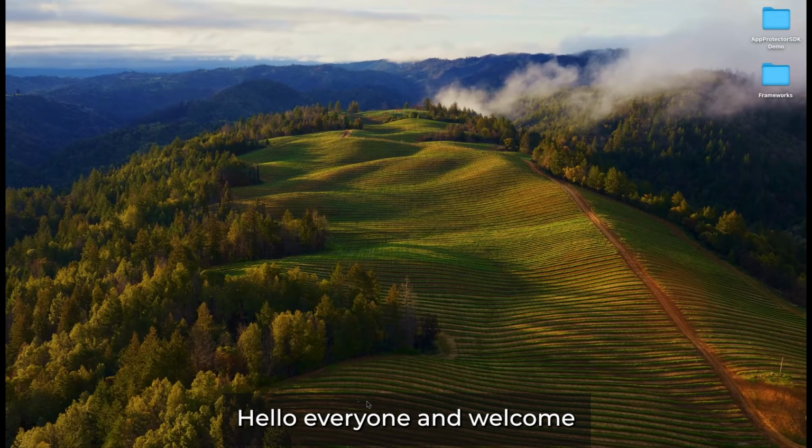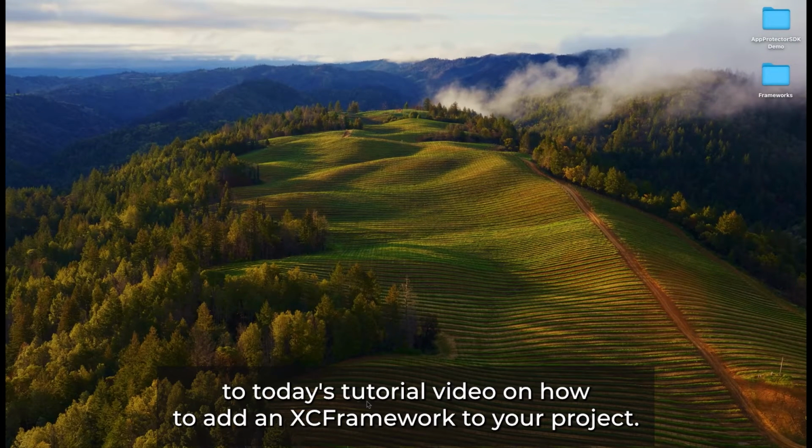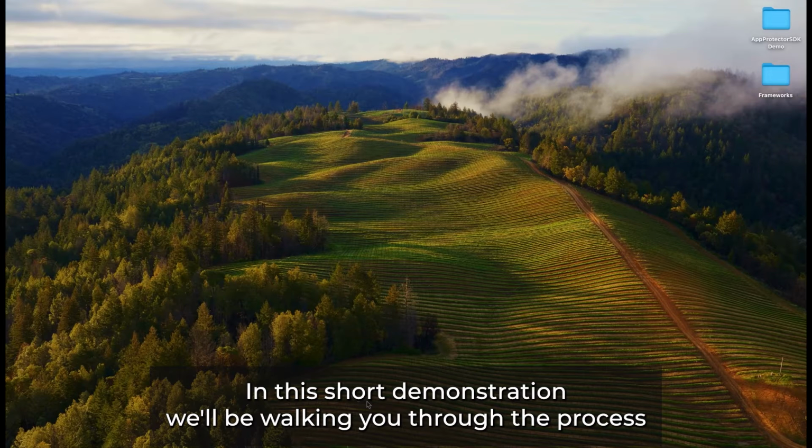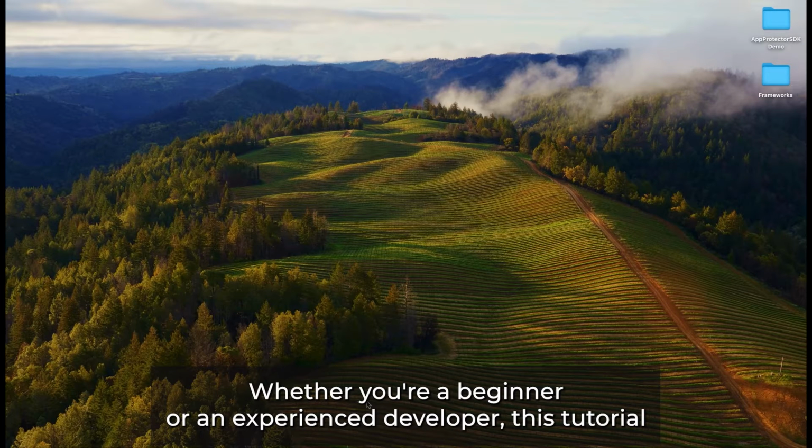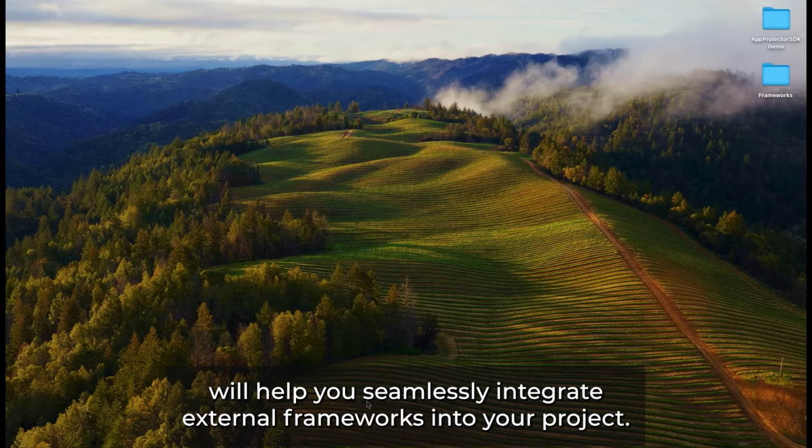Hello everyone and welcome to today's tutorial video on how to add XCFramework to your project. In this short demonstration, we'll be walking you through the process of adding an XCFramework to your project and then using its SDK. Whether you're a beginner or an experienced developer, this tutorial will help you seamlessly integrate external frameworks